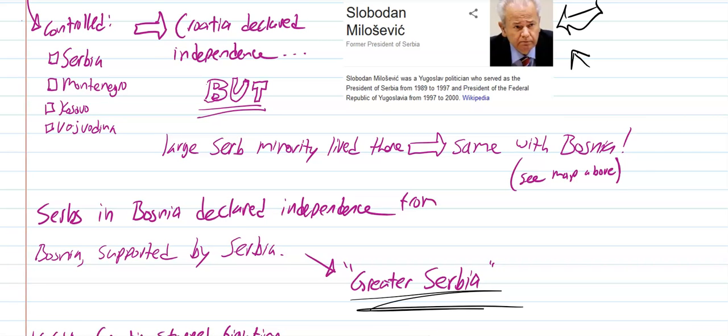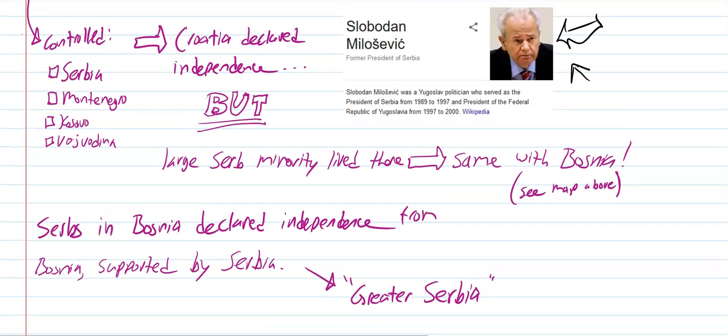Now, if this sounds a lot like what Hitler was doing with his Lebensraum and his Aryan state, his German expansion, his organic theory politics, it's very similar. Yes, this is very similar to what Hitler wanted to do. And so he starts going in and supporting rebel groups of Serbs in these different places in Bosnia and Croatia, in an effort to bring them in as part of his greater Serbia.